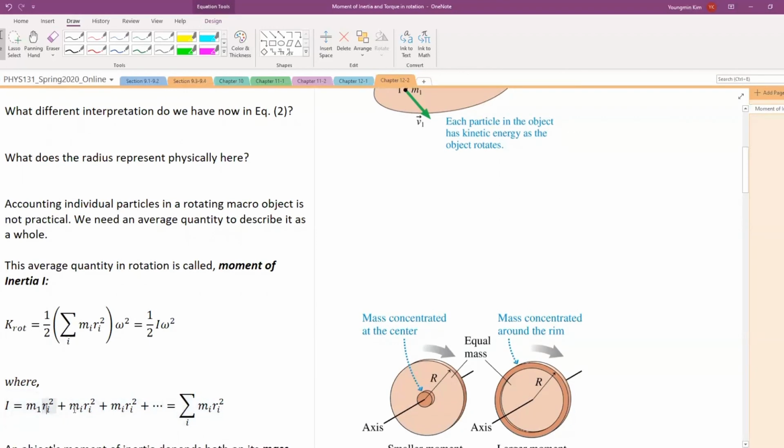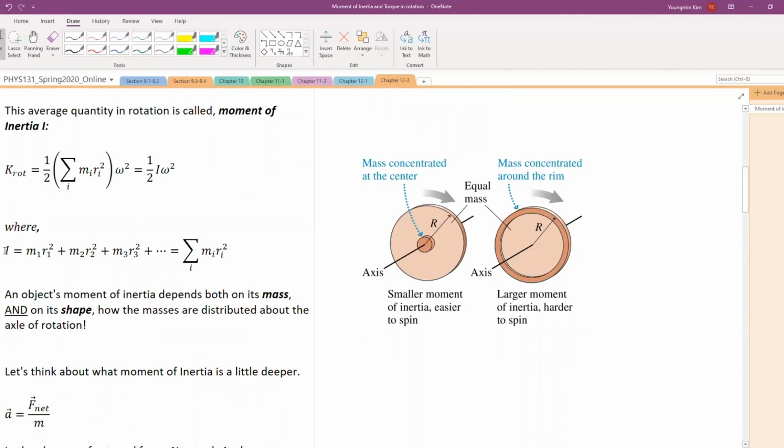m1 r1 squared, m2 r2 squared, and so on. Now, this definition of moment of inertia tells us that an object's moment of inertia depends both on